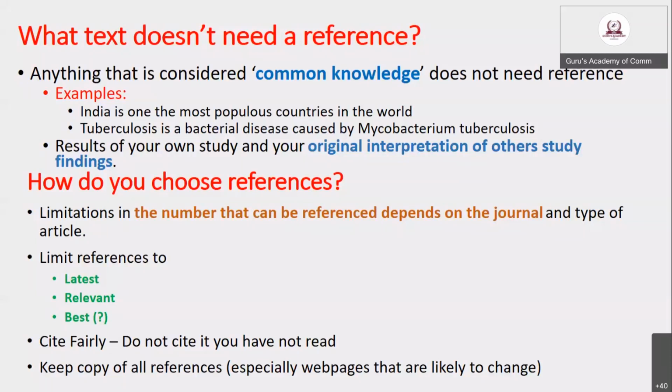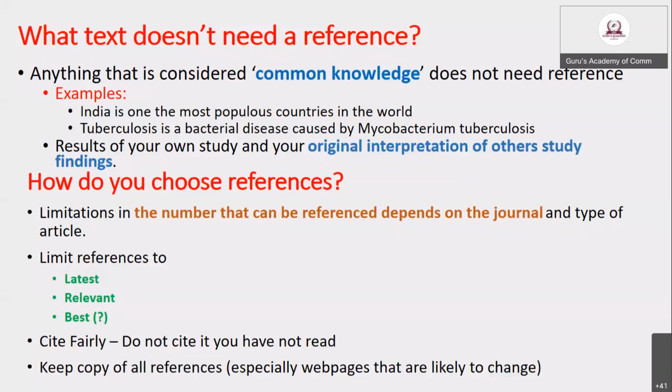How to choose the references? The limit on the number of references depends on your journal and the type of article. Whatever the quality of the particular journal, the reviewer as well as the journal editorial committee first check your references. If the references are properly done, the article goes to the next process, and almost all the problems will be completed.